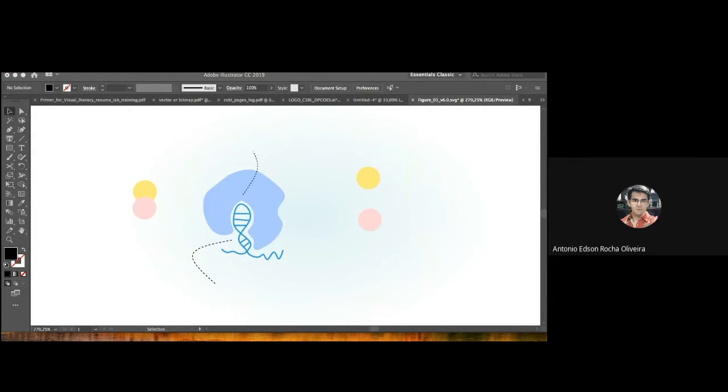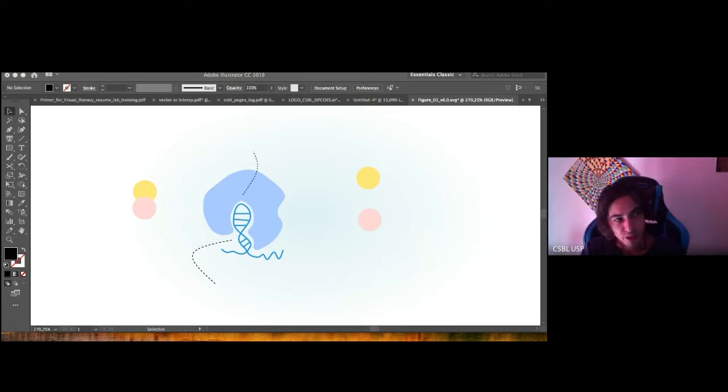Alan, one question. If I'm doing an image and I need your help to solve something in this image, what is the best format for me to save this image so you can solve this problem? Like PDF, what is the best format to save? For me, I think it's PDF, because